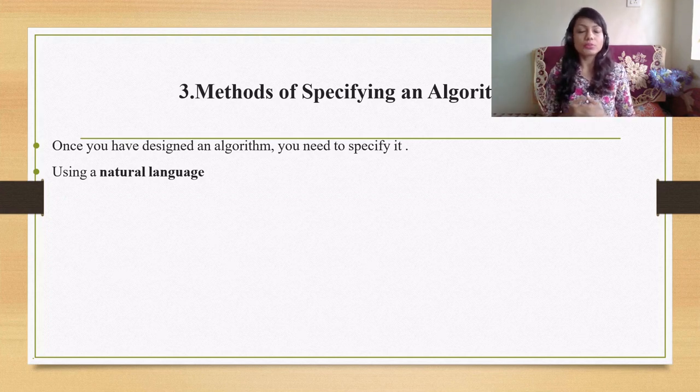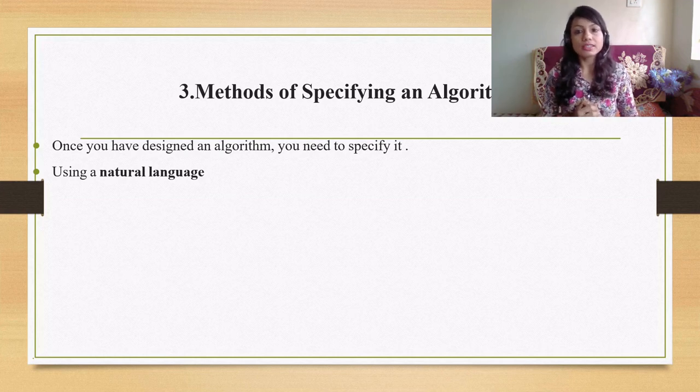As you know, an algorithm is a set of instructions. These instructions need not execute in a program. They are not written to execute in the computer; they are just written before the program. So we can use any natural language like English. Usually we use English these days, maybe in future we can use Kannada, Hindi and so on. We can use some English-like language to specify the algorithm, but we have to write statements which are unambiguous. We have to write clear, precise instructions if we specify the algorithm using natural language.